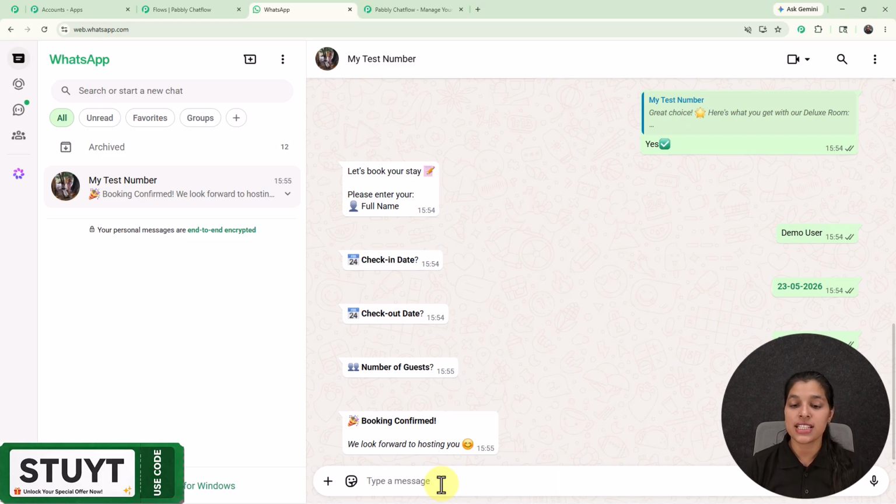So now you have seen that by using this WhatsApp chatbot, as a business owner, I don't have to ask for the details of my user again and again, and I don't have to provide my services to my customers again and again. And as a user, I'm very satisfied with this business, as I'm getting an instant response and I can book the service within WhatsApp. So now you can also create or automate this entire setup for whatever business you are running. Now let's see the process of creating it, and for that let's move on towards the flow page of